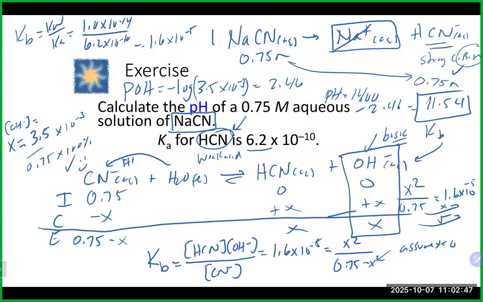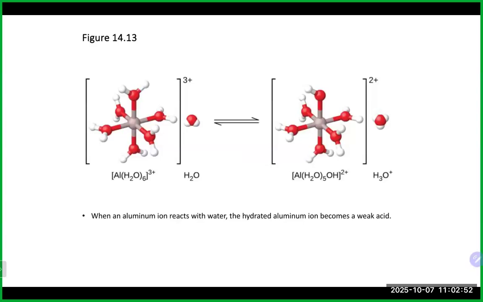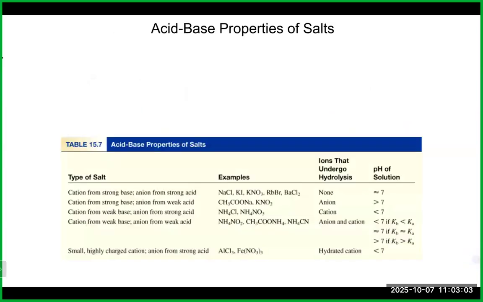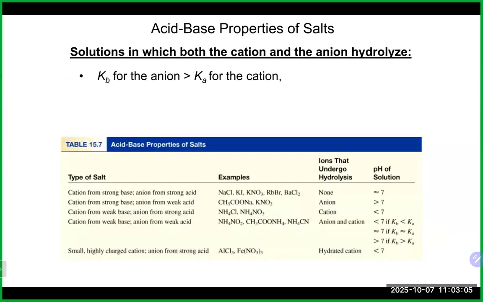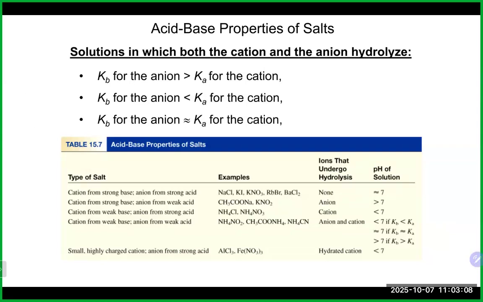All right, let's take a look here. Here's a prettier picture of that aluminum that we were talking about earlier. That's an acidic salt again because it produces H3O plus. Now, in the problems that we did and talked about so far, when we look at the salt, only one part of the salt will go through hydrolysis. And it is definitely possible that you could end up with a salt where actually both parts of it will go through hydrolysis. So, for example, if I had